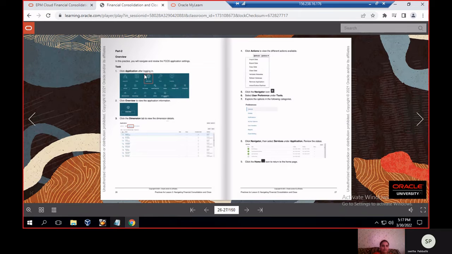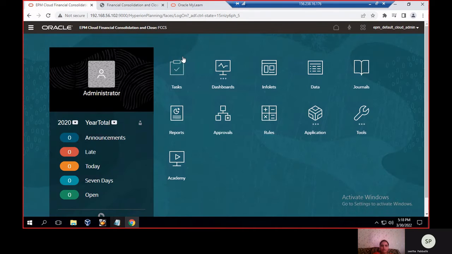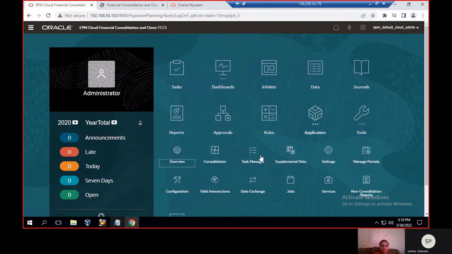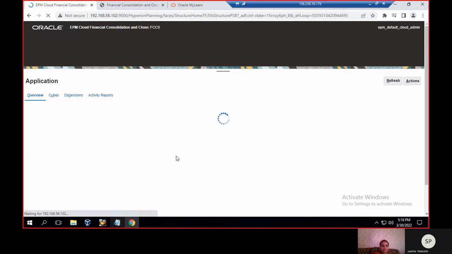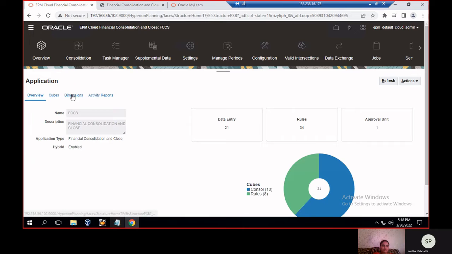After that, click on the application, then click on the overview. In the application, first you have the overview. Click on the overview card, click on the dimension tab to view the dimension details. Click on the actions to view the different actions available. So coming to the application and clicking the application cluster, they have the overview card. Click on the overview card, then click on the dimensions,